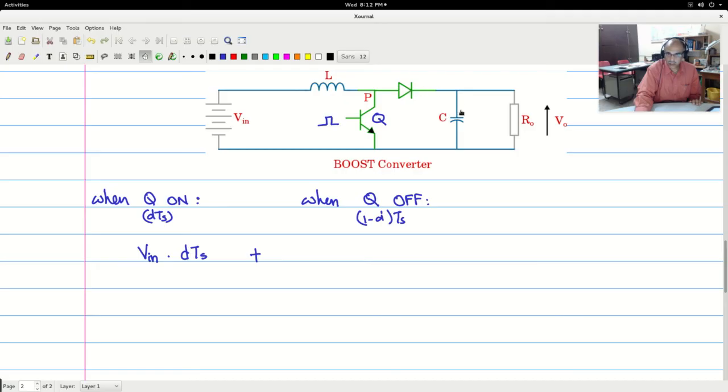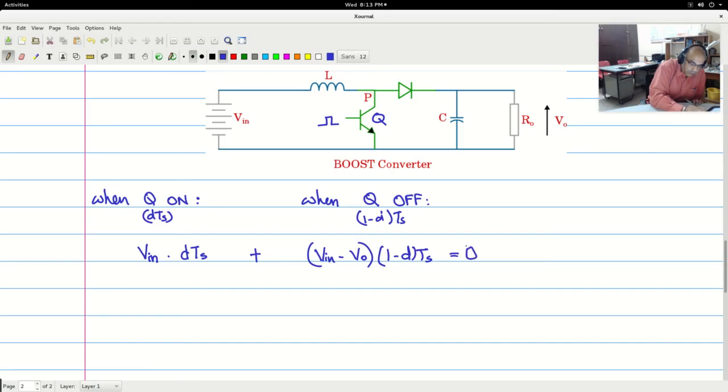and during the time when Q is off, the diode is conducting, the current is magnetically discharged from the inductor into the capacitance on the output. This is at V0 potential, the diode is conducting, and therefore Vp is at V0 potential. This is at Vin potential. So you will have during that time voltage across the inductor is (Vin minus V0) into (1 minus d)Ts